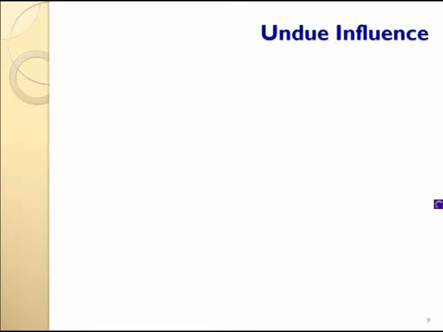Now we will study the second point: what is the meaning of undue influence. Students, as I said earlier, you require consent to make an agreement, and parallelly you require free consent to convert that agreement into a contract. And how will you say that this consent is free or not? There are basically 5 points. One we had discussed already, that was coercion. Now we are going to study undue influence. After it there will be mistake, fraud and misrepresentation.